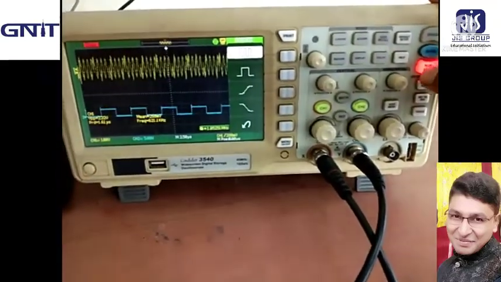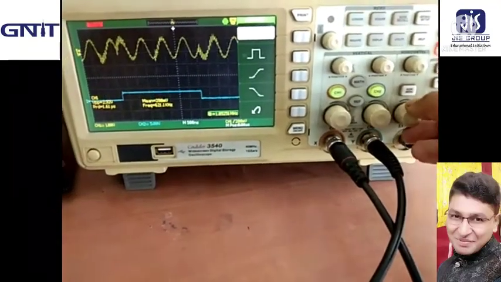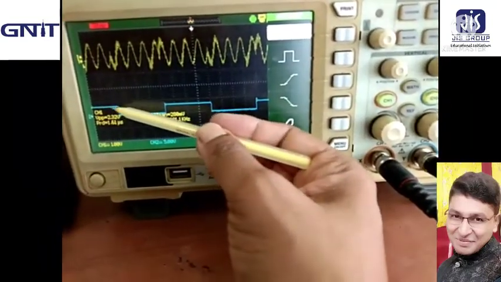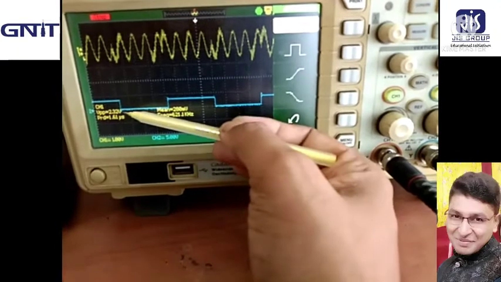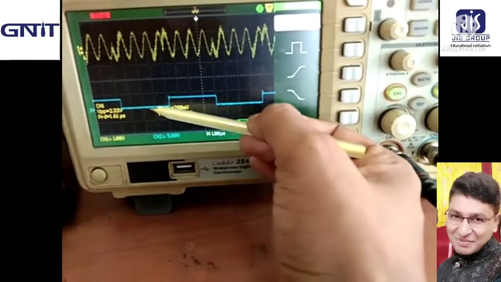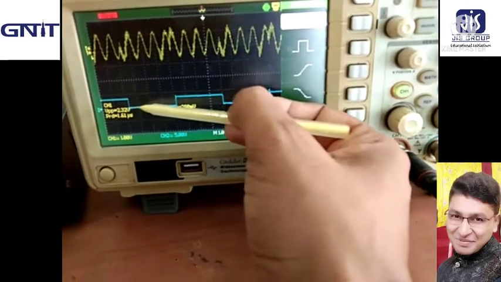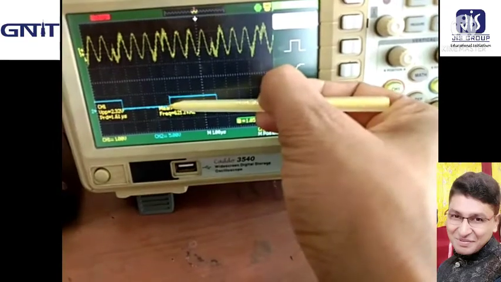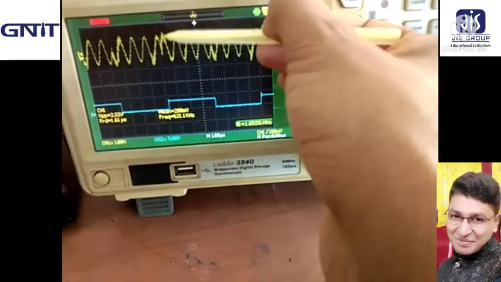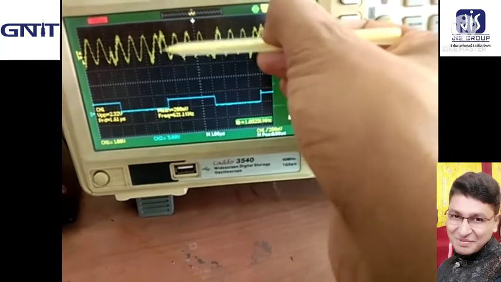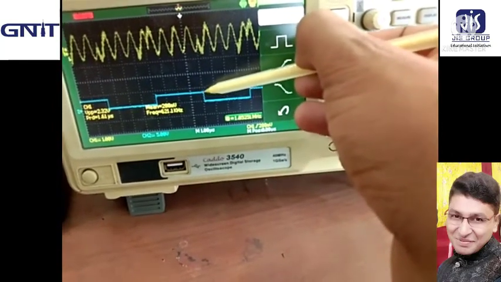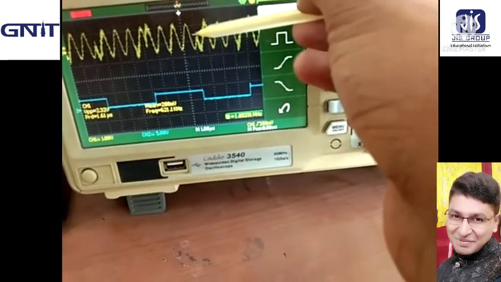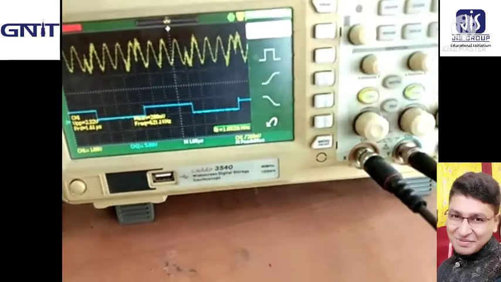Press run and stop. Look at this position where the message bit is active high, or 1, and active low, or 0. The message bit shifts 1 to 0, and now the phase is shifted in this position. Again the message bit shifts 0 to 1, and again the phase is shifted. Again the message bit shifts 1 to 0, and again the output phase is shifted, like this.